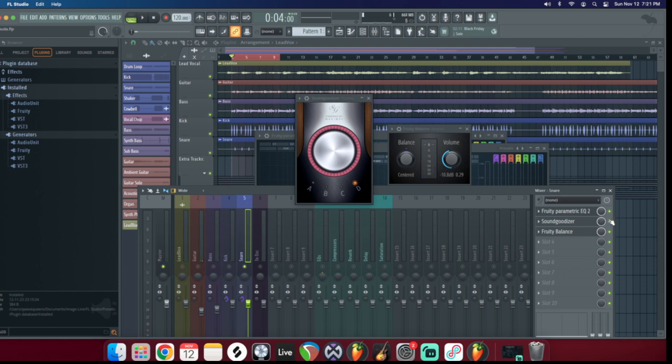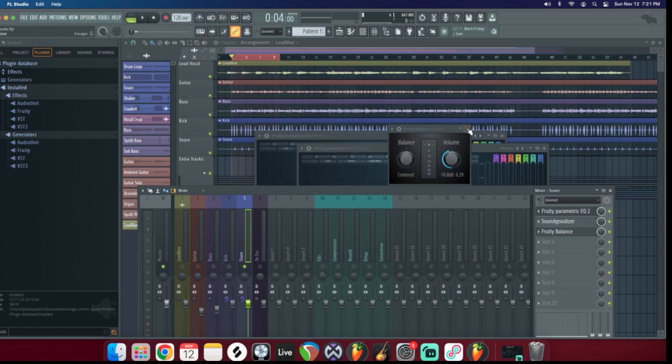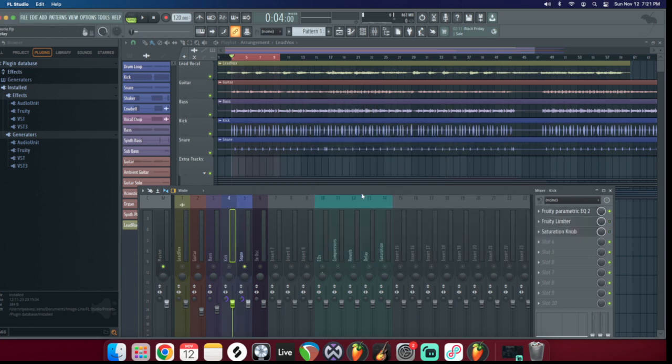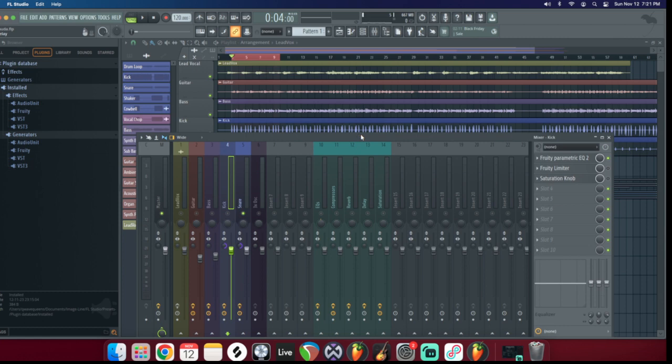What I'm trying to show you is that if you go to SoftTube's website and get Saturation Knob, this effect will be like night and day. I think that this plugin just straight up sucks. But yeah, go to SoftTube's website and get Saturation Knob. It's free to download. Anyways,